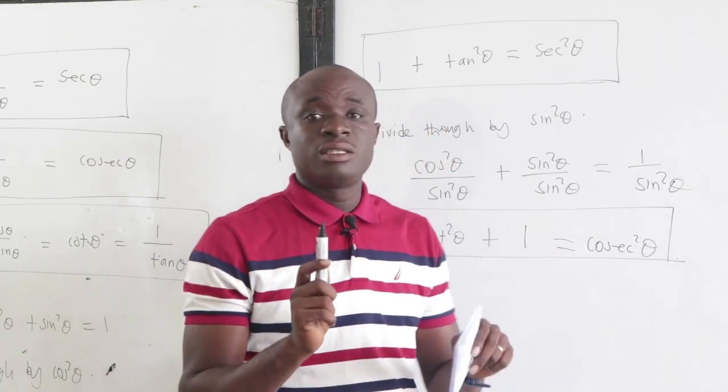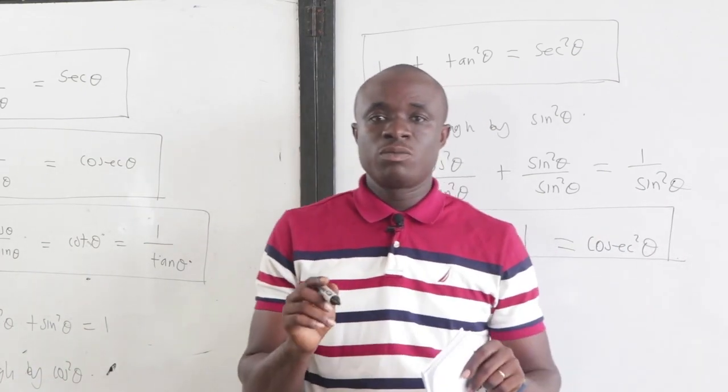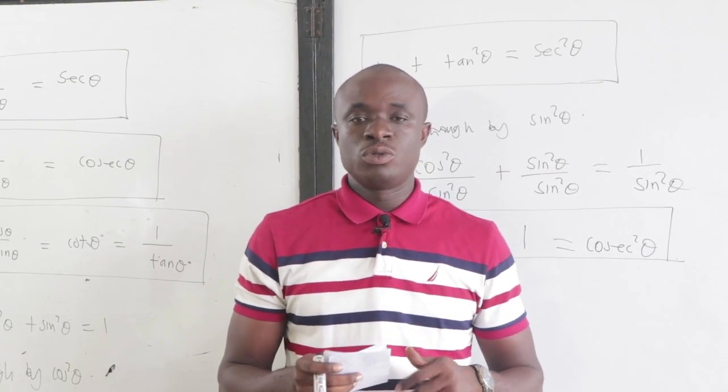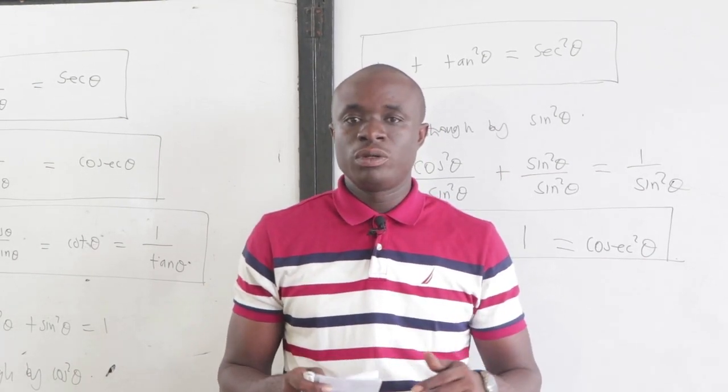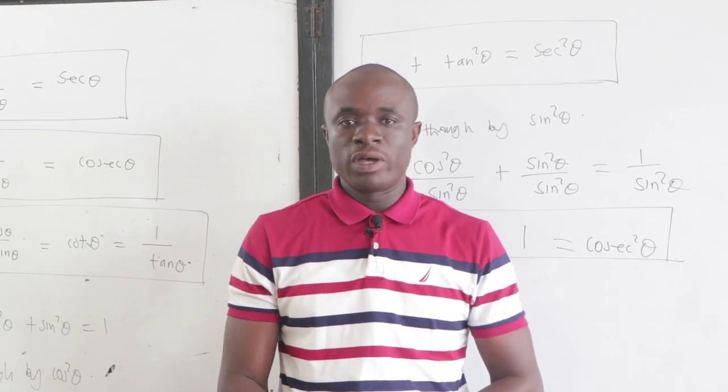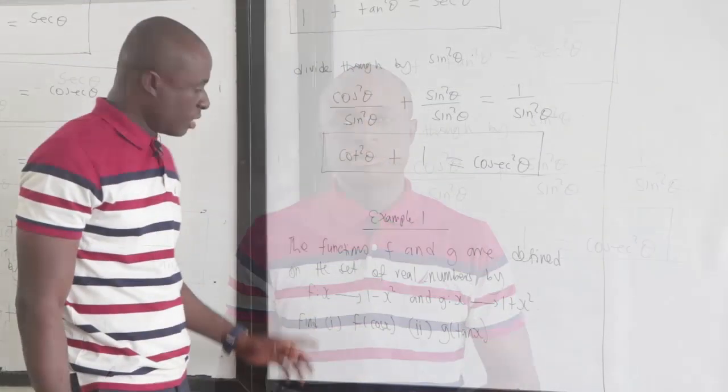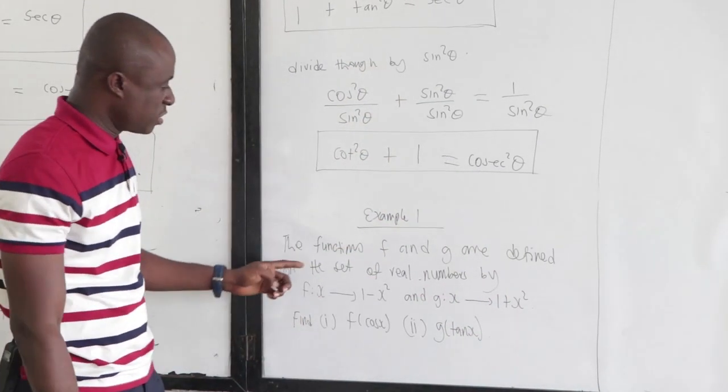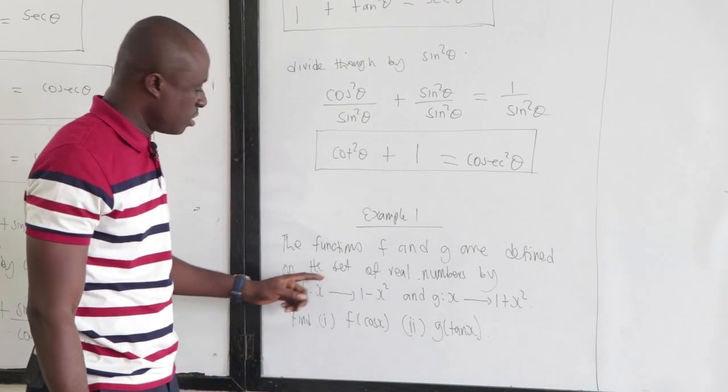Please, these identities are so important. Let us make sure we know how to generate them. By so doing, it will help you to be able to prove a whole lot of identities. Now let's say this past question says that the functions f and g are defined on the set of real